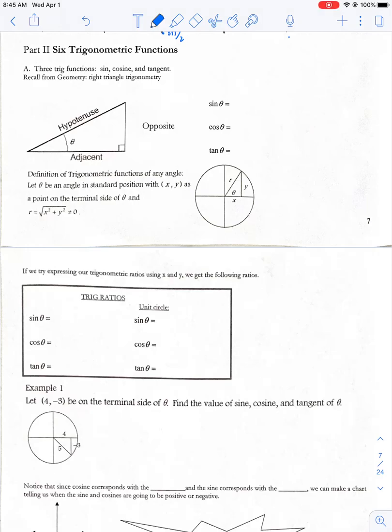Have your chapter 13 packet out. We are currently on page 7. At the bottom of page 7, we're going to quickly discuss what we learned in geometry last year for right